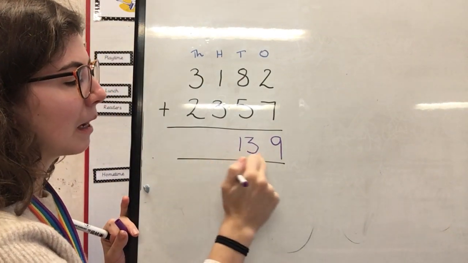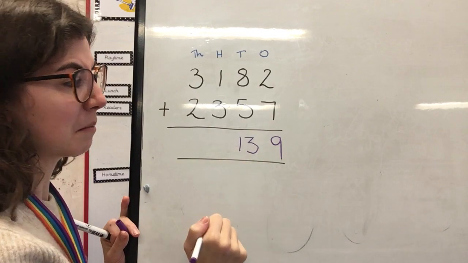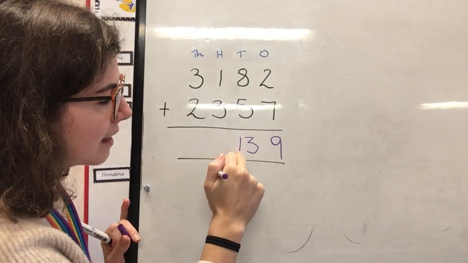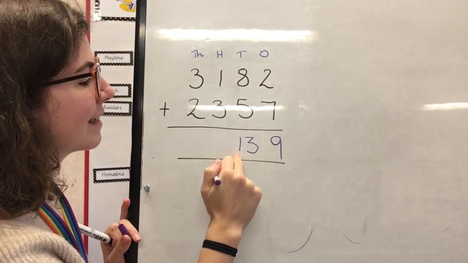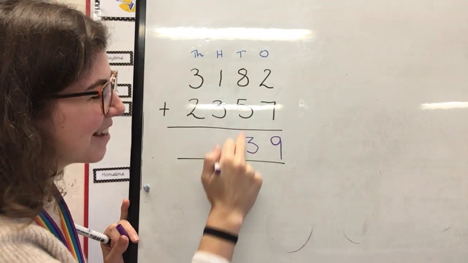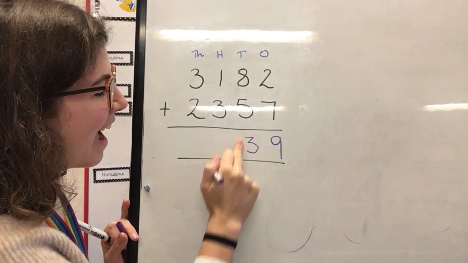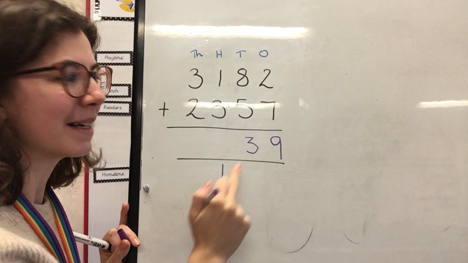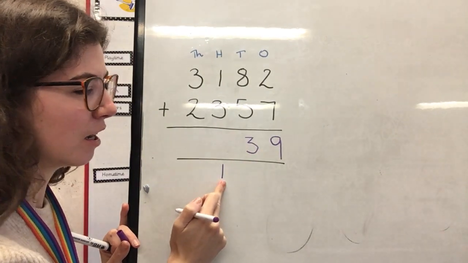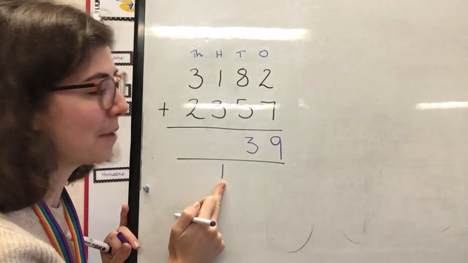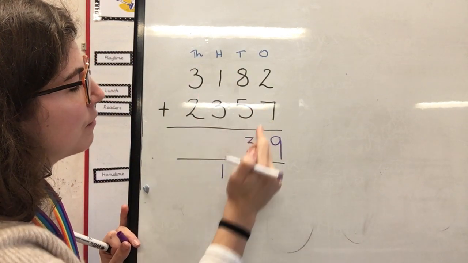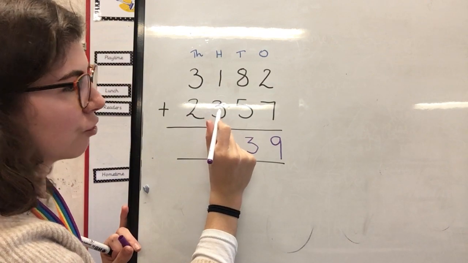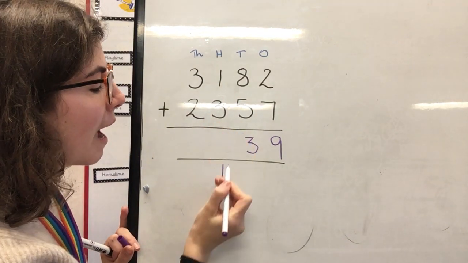So when I get a number like this with some tens and some ones as my total, I need to exchange. So I'm going to take those 10 tens that I've got here, I'll take those 10 tens from the 13 and I'm going to exchange them for 100. My 10 tens there became 100 there. They've got the same value. Then when I move on to my hundreds column, I do 100 plus 300s, which is 400s, and then I